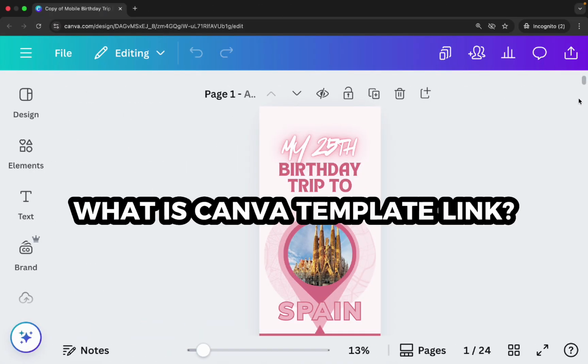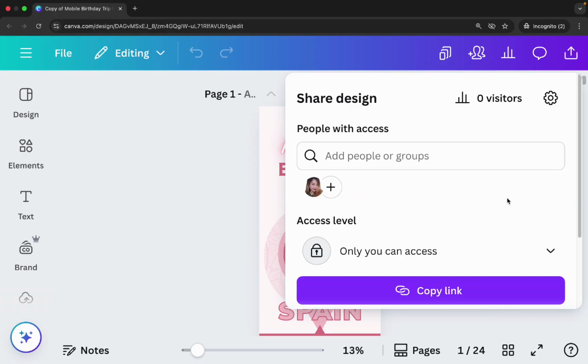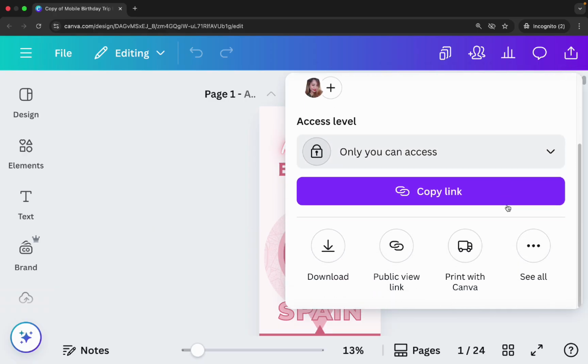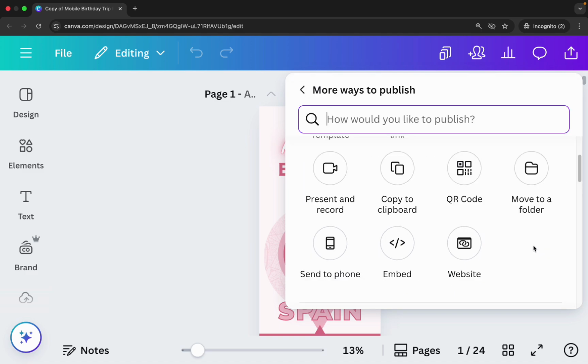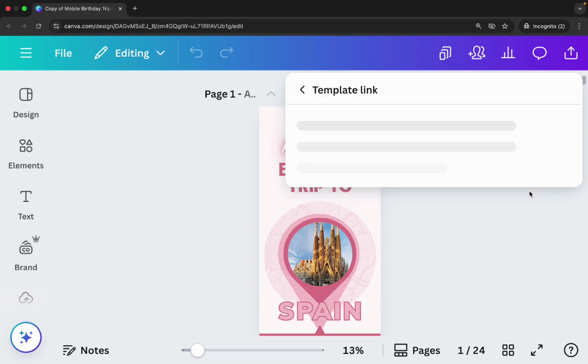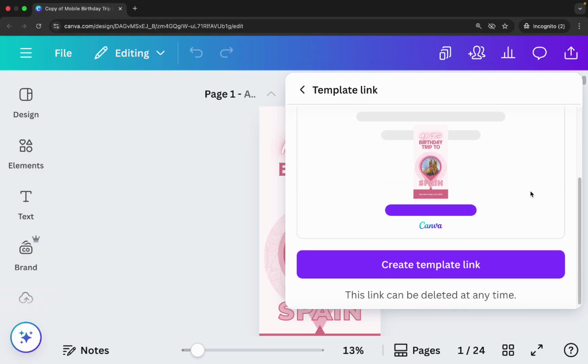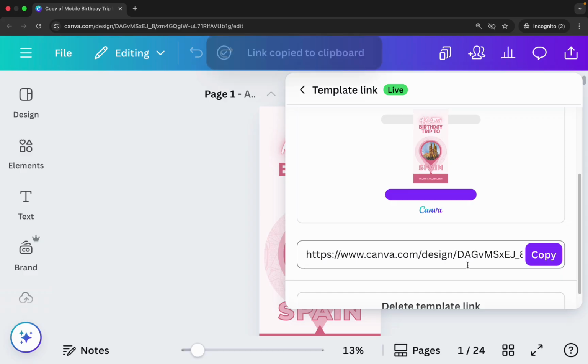So for those of you who are new to Canva or new to selling digital products, Canva template links let you easily share designs with customers. You create your design, sell it, and for customers to access it, they need the template link. But with this new change, it's a little trickier. But again, don't stress. I'll walk you through how to share your Canva designs even with the free account.